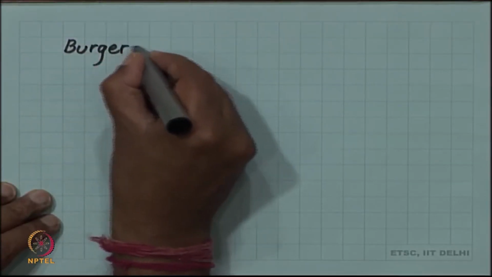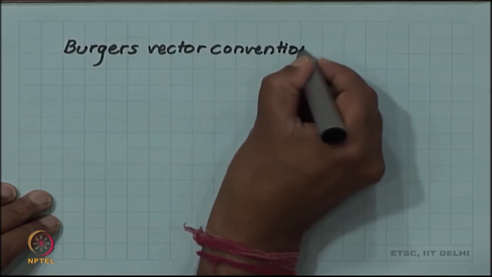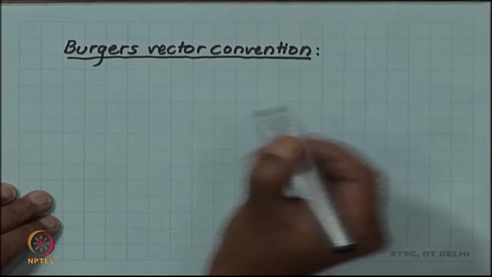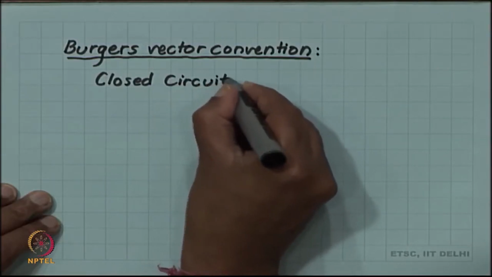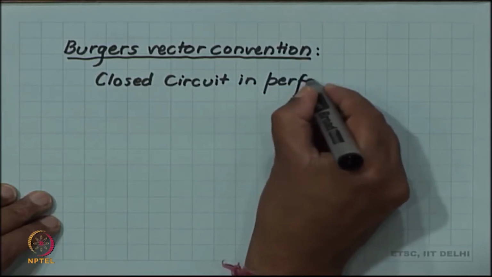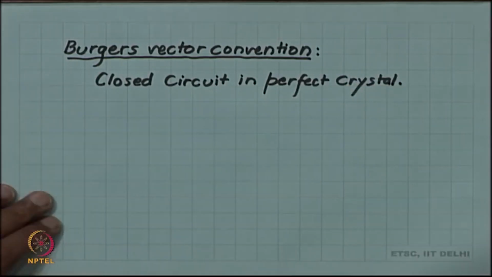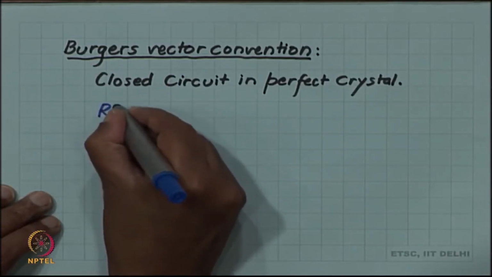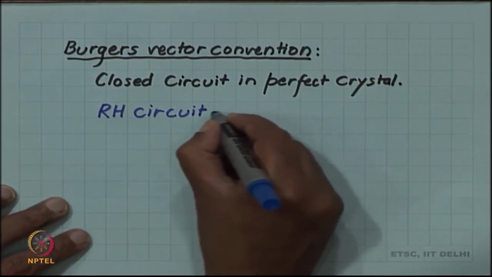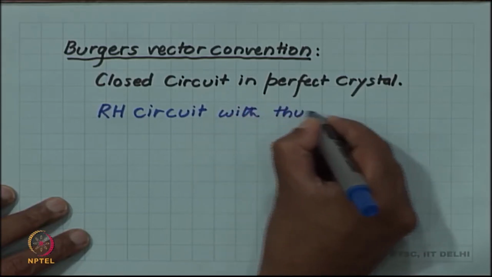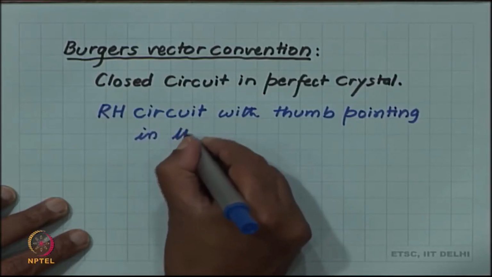In our course, we will take a Burgers vector convention that our closed circuit is in a perfect crystal, and we will take the circuit as a clockwise right hand circuit with the thumb pointing in the direction of T,